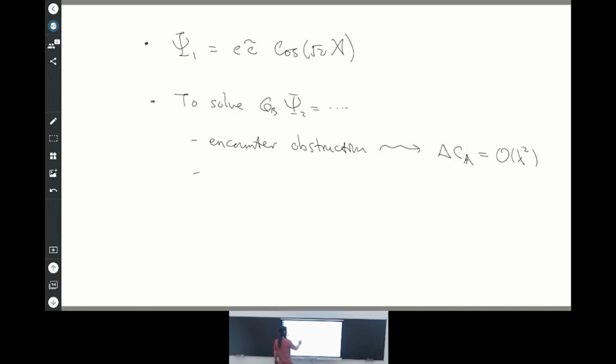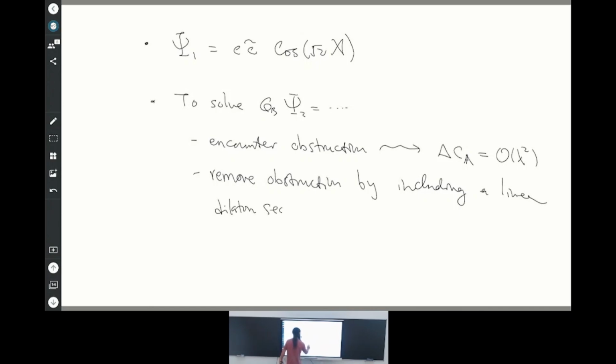So in order to proceed, we'll remove this obstruction by including a linear dilaton sector in this auxiliary CFT, and also turn on some suitable compensating string field, which I will not describe in detail. But anyway, the point is that once you do that, you can remove this obstruction and consider the solution to higher orders. I'm just going to describe physically what this